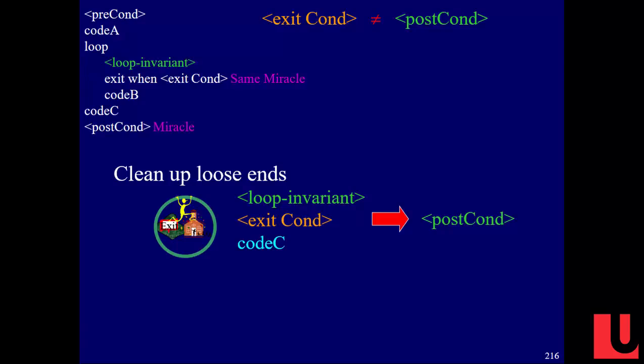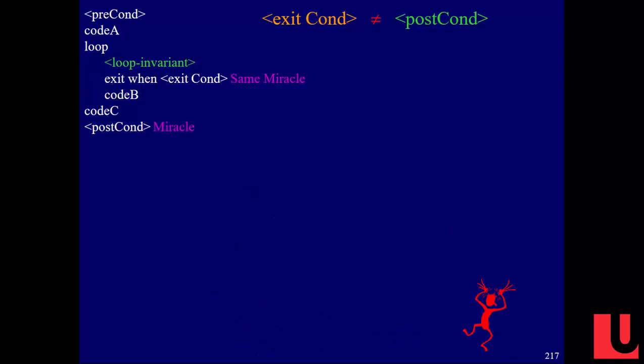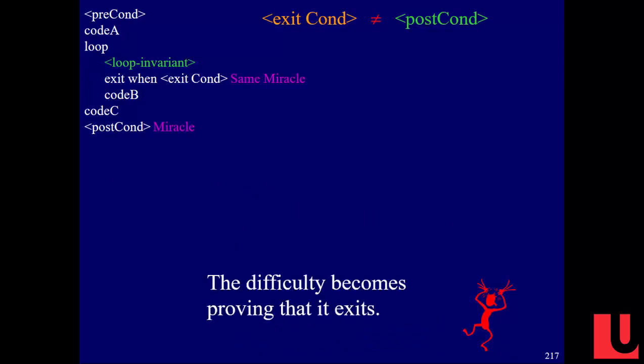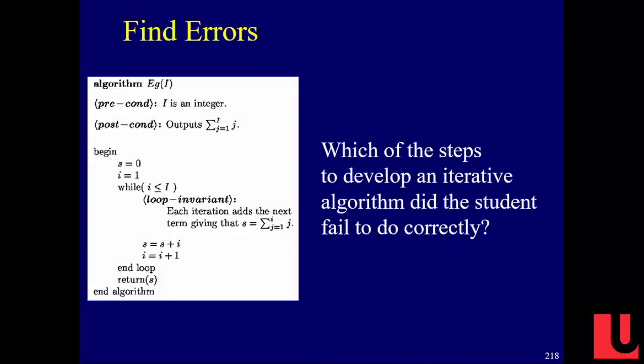And the people who do this don't then go ahead and prove that it halts. So they haven't really done the hard part. They did this hand wavy part, and also what's funny is they'll give me a long proof here, not realizing that it's trivially obvious. So everybody kind of get what I'm saying here? The difficulty becomes that we get the exit condition. All right, everybody good? So